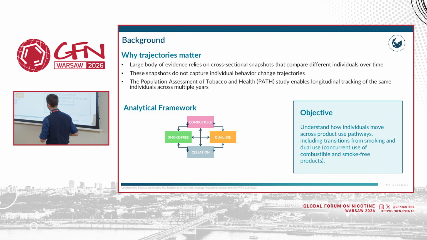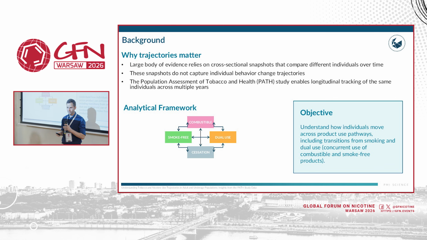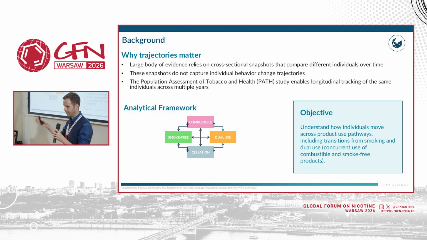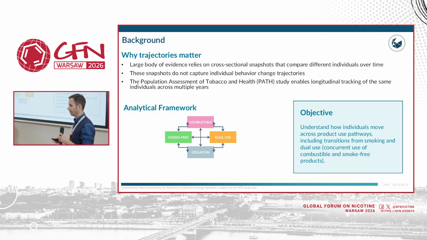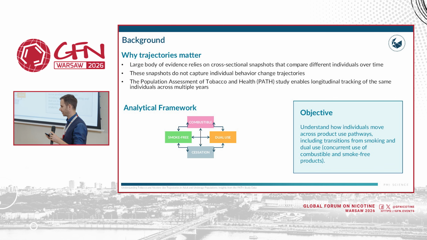All right, my framework is going to be very simplistic. The PATH data set is huge. It's 50,000 people, and thousands of variables are measured in each of them. They are asked what kind of product you use, what flavor, what brand, what nicotine concentration, whether there is peer pressure for you to use it, what your religion is, this type of question, and even biomarkers. But what I'm going to be using is something very simplistic.